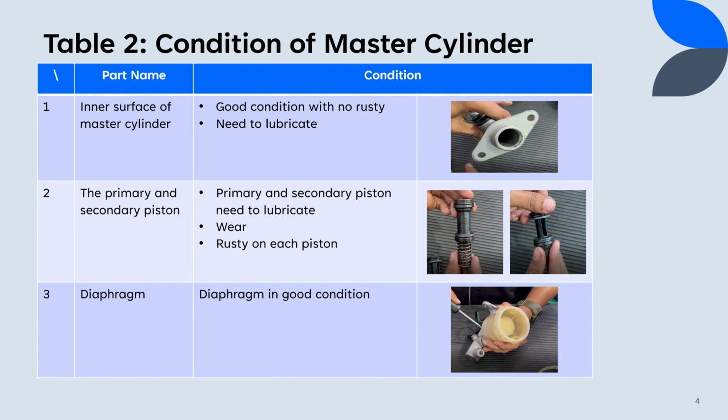Following that, we were able to inspect the master cylinder components. First, the inner surface of the master cylinder. The condition is good with no rust, and we need to lubricate it. Number 2, the primary and secondary piston. The primary and secondary piston need to be lubricated and are a little bit worn out and also a little bit rusty